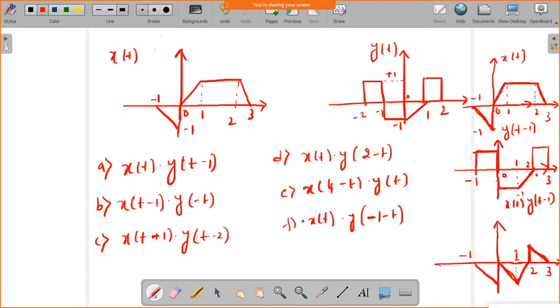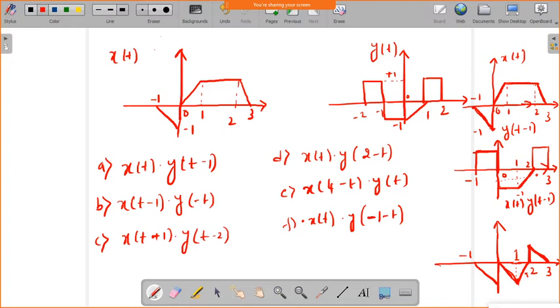Or if you take the value itself, say for example the ramp signal value is -0.5, and you multiply it by 1, what will it give? It will give the same -0.5, is it not? In a similar way, if you take here 0 and multiply by 1, it will give 0. And if you take -1 multiplied by +1, it will give -1. That's how the ramp will be generated.